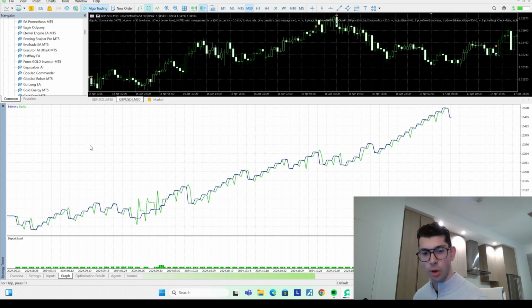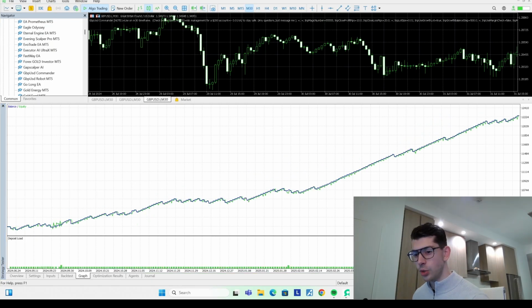Let me quickly pause the video and come back as soon as this backtest is done running. So now I'm back with the completed backtest, and to my surprise, it actually looks very, very good with the recovery turned off. It's not a perfect equity curve, and there are some dips here, which is actually a very good